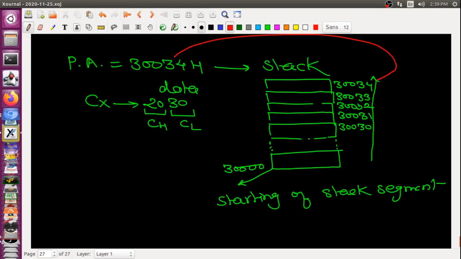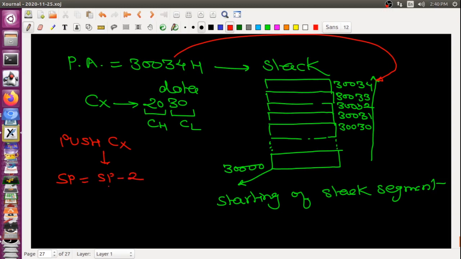But when I am giving this instruction for pushing, I am writing the instruction just like PUSH CX. So what do you mean by PUSH CX? Before starting it, what operation is performed? Before starting this, the SP will be decremented by 2.